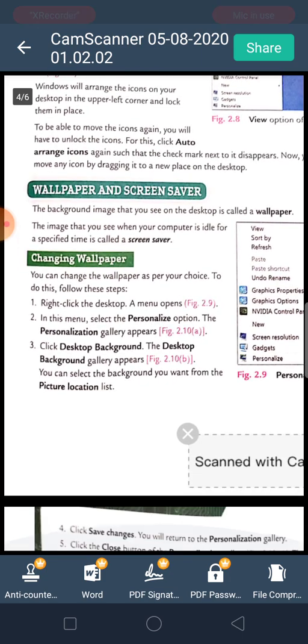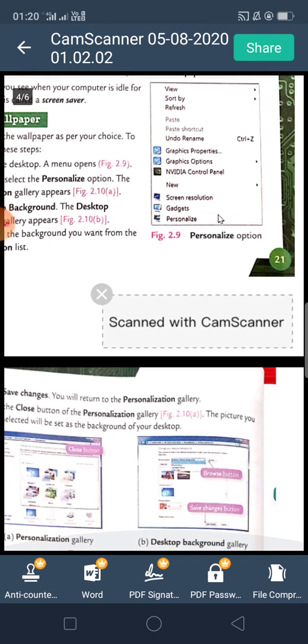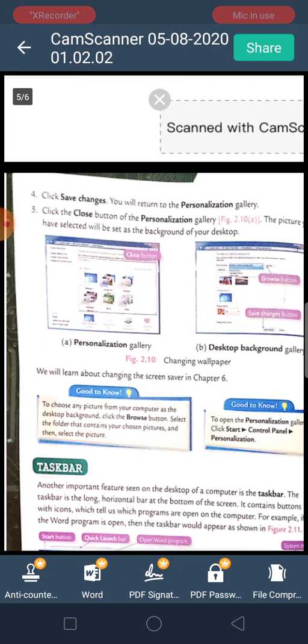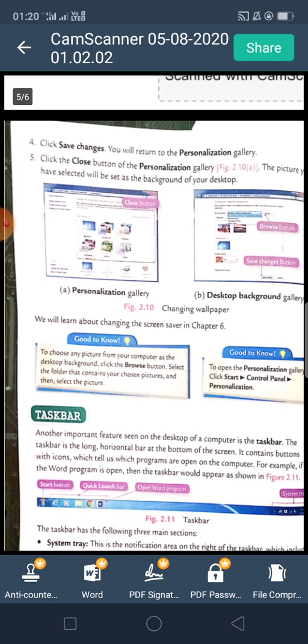Next, we can also select from the picture location list. Then click Save changes. It will return to the personalization gallery.